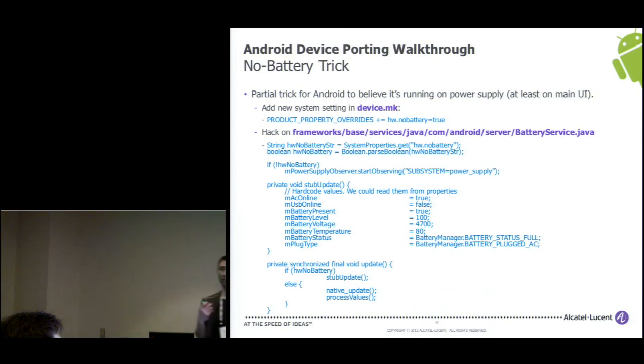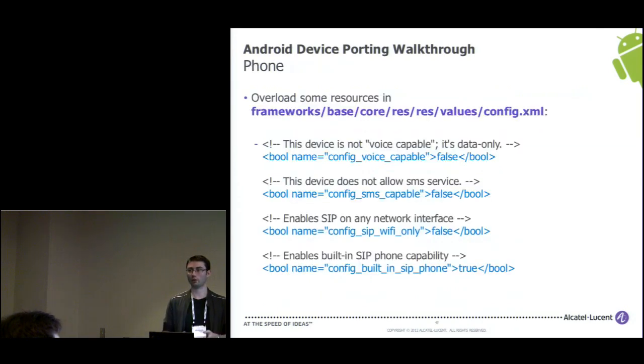So again, the only rule is that you can put whatever property name that you want and associated value. There is no naming convention about that, but we just create our own, and we have modified the battery service in order just to check if this property exists. So once again, this can be done directly within Java API using system properties get function. And if this property has been set, what we do is actually not starting the battery observer. And with that, we just create some stub that just tells Android, okay, the battery is always connected and it's always full and everything. And so it won't bother anymore about the battery.